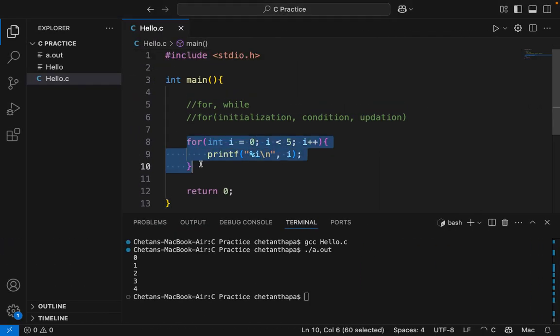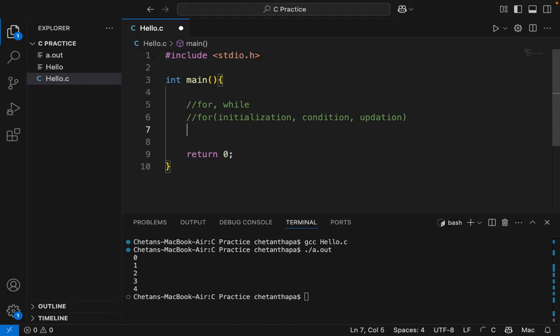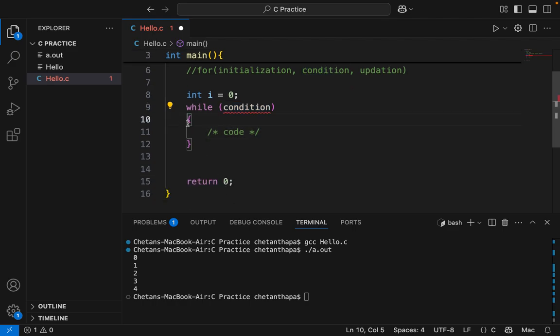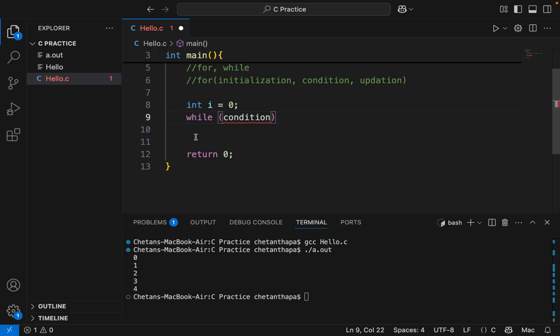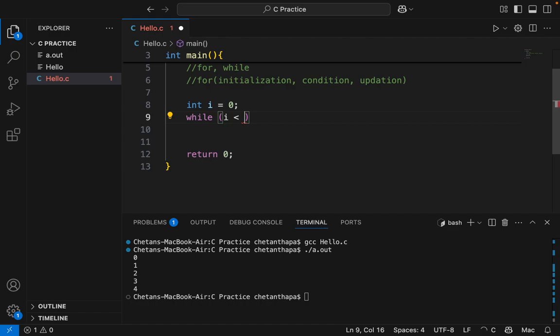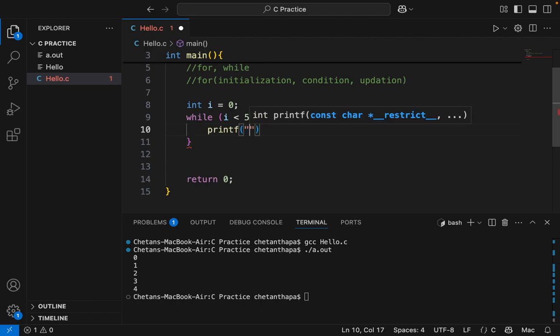For while loop, we need to initialize the value of i outside. int i = 0; while (i < 5) { printf("hello world");